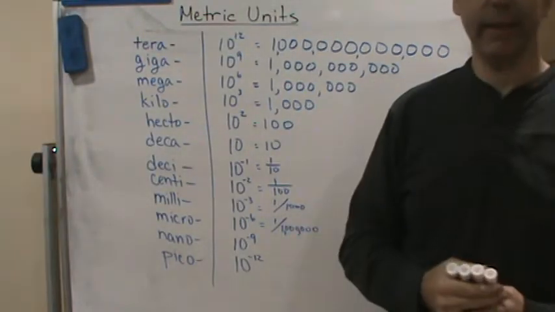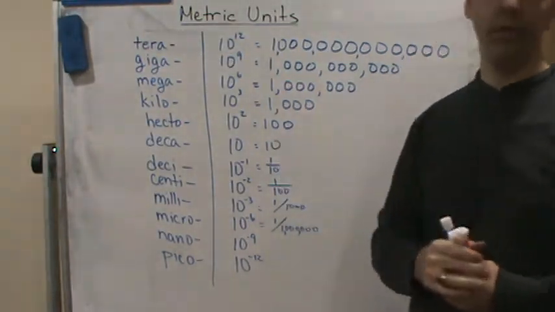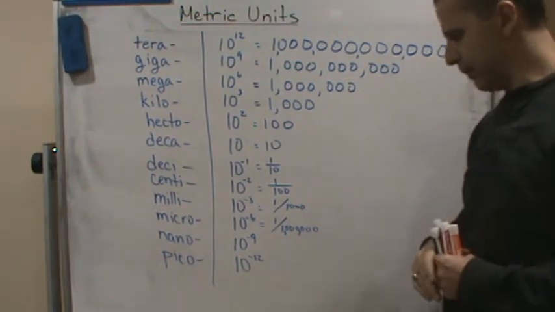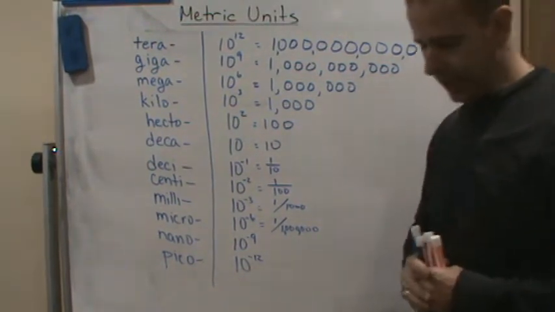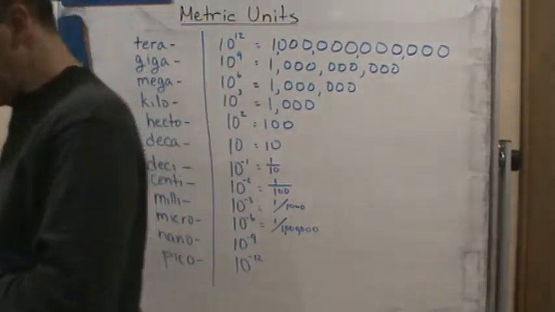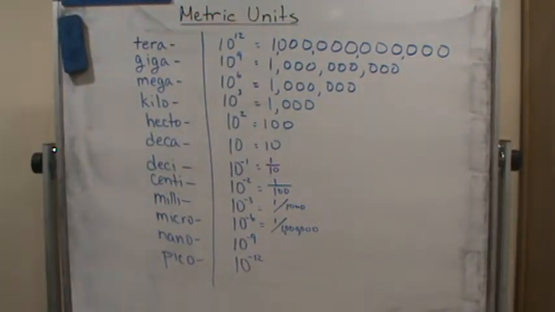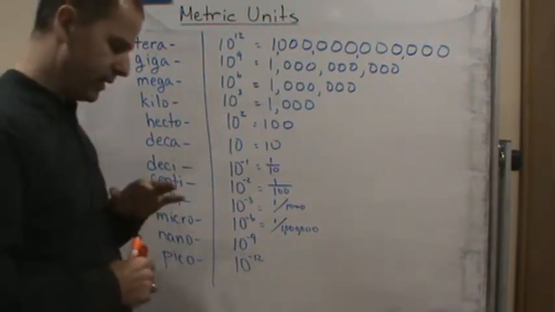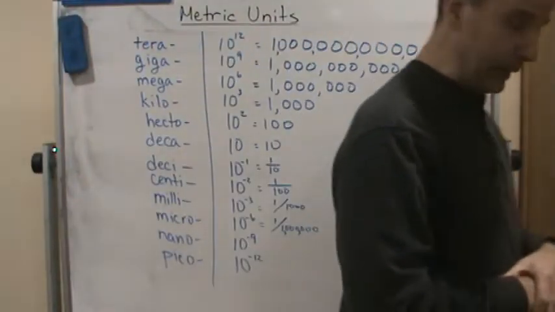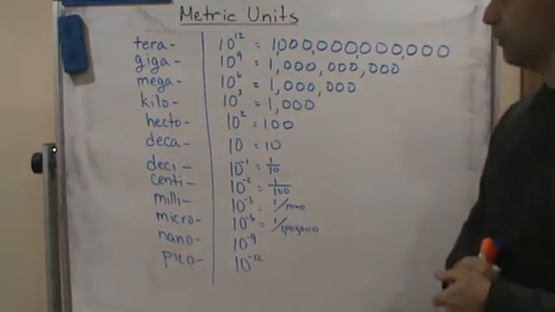Okay, welcome back, and now we're going to talk about metric units. Metric units are based on multipliers, and the basic unit for the metric system is the meter, as far as length goes. So the basic unit of measurement for length is the meter. The basic unit for